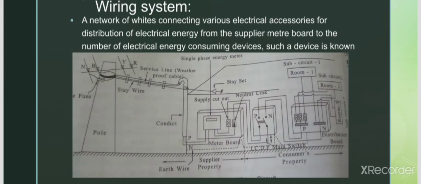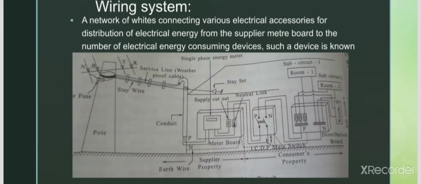The supply used in houses for lighting and power purposes is single phase supply. The single phase circuit is connected across 220 to 230 volts, across one phase and neutral. See how the electric supply comes to our house in the figure. First of all, the supply is generated at the generation station, and is transmitted through the transmission system to the distribution system. From the distribution line, through a service main, either by overhead line or by underground cable, it is distributed.